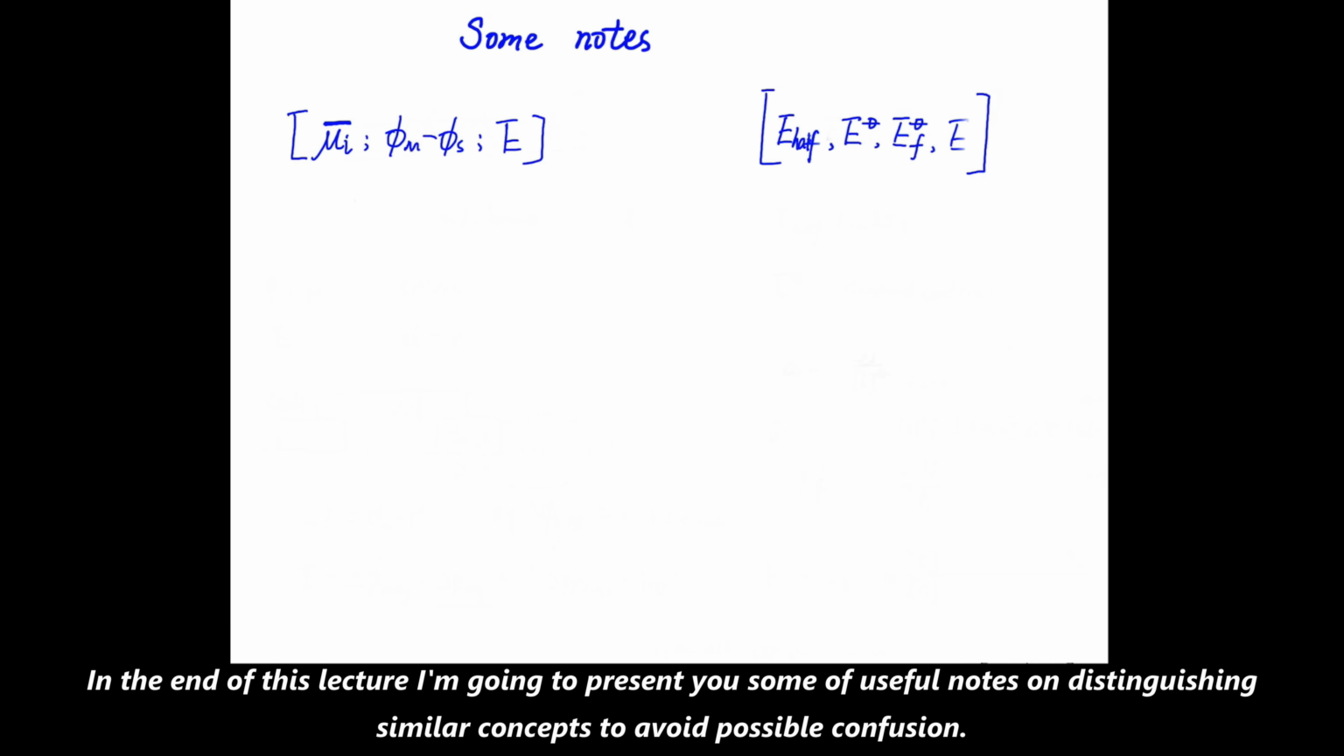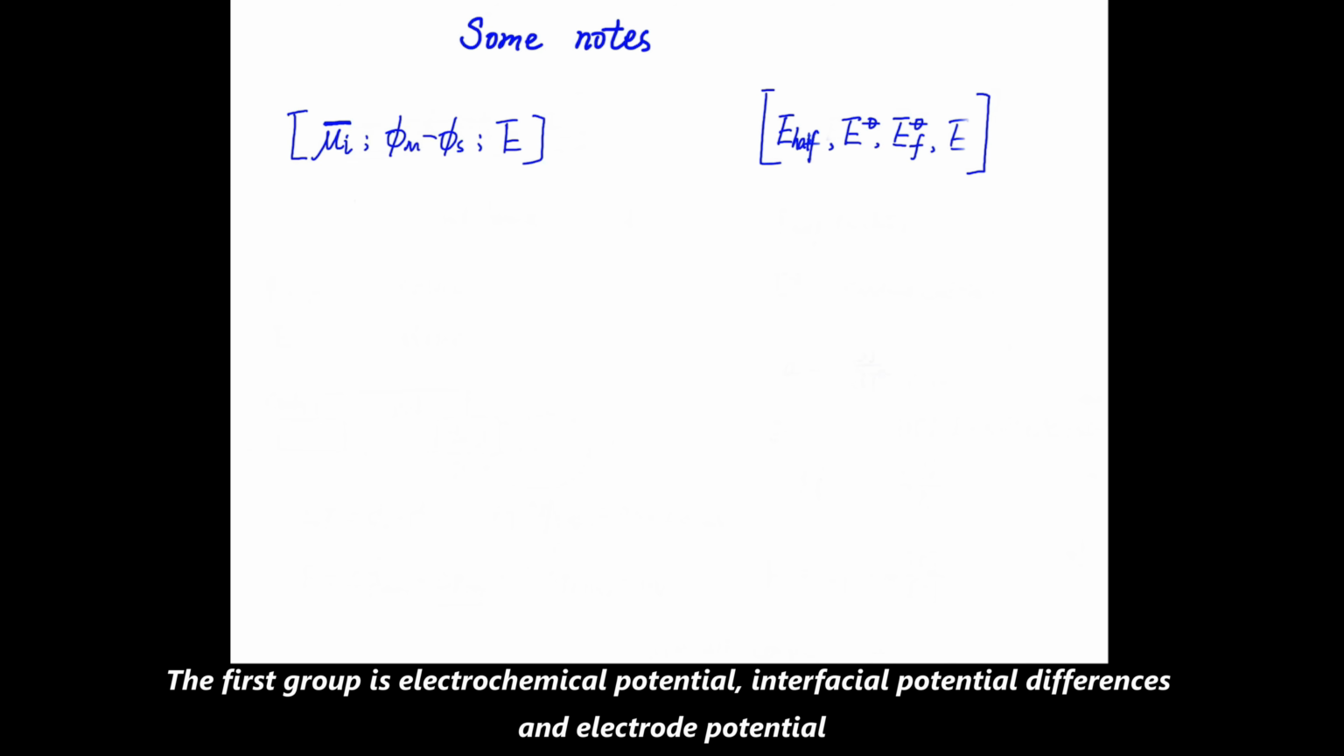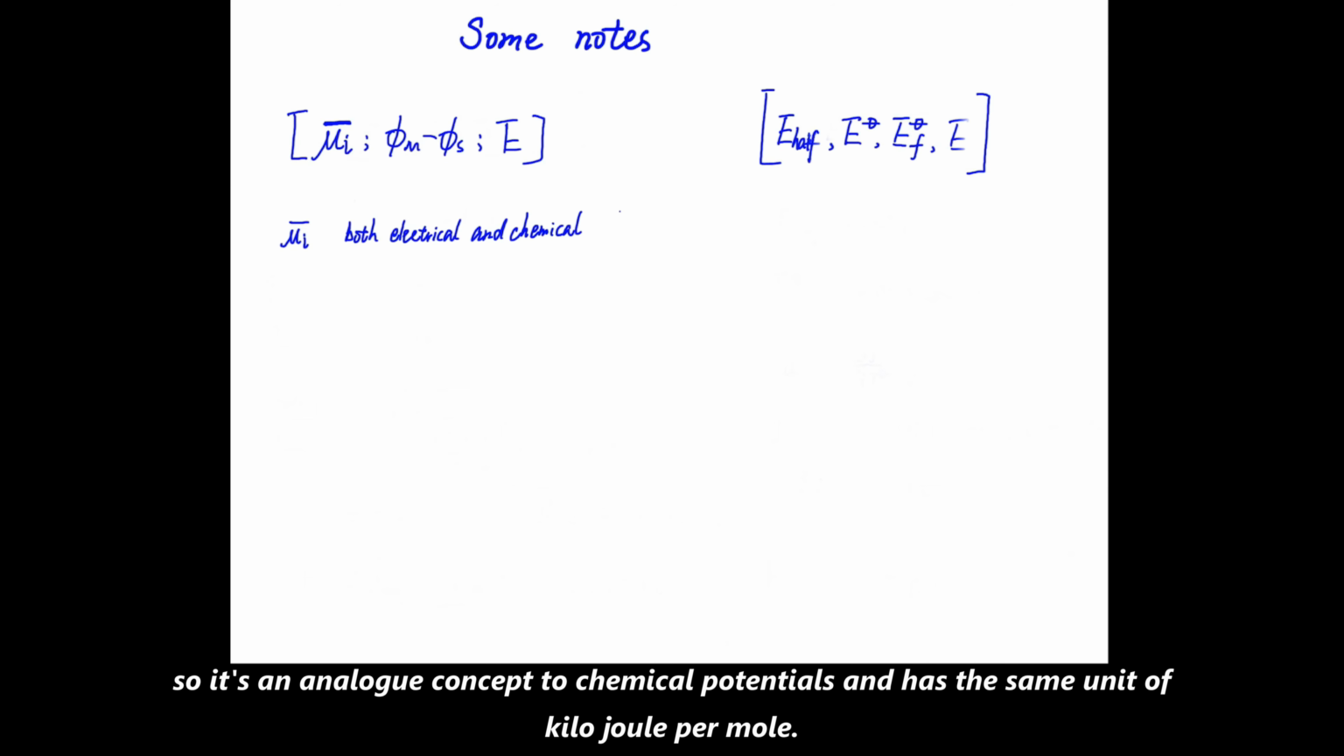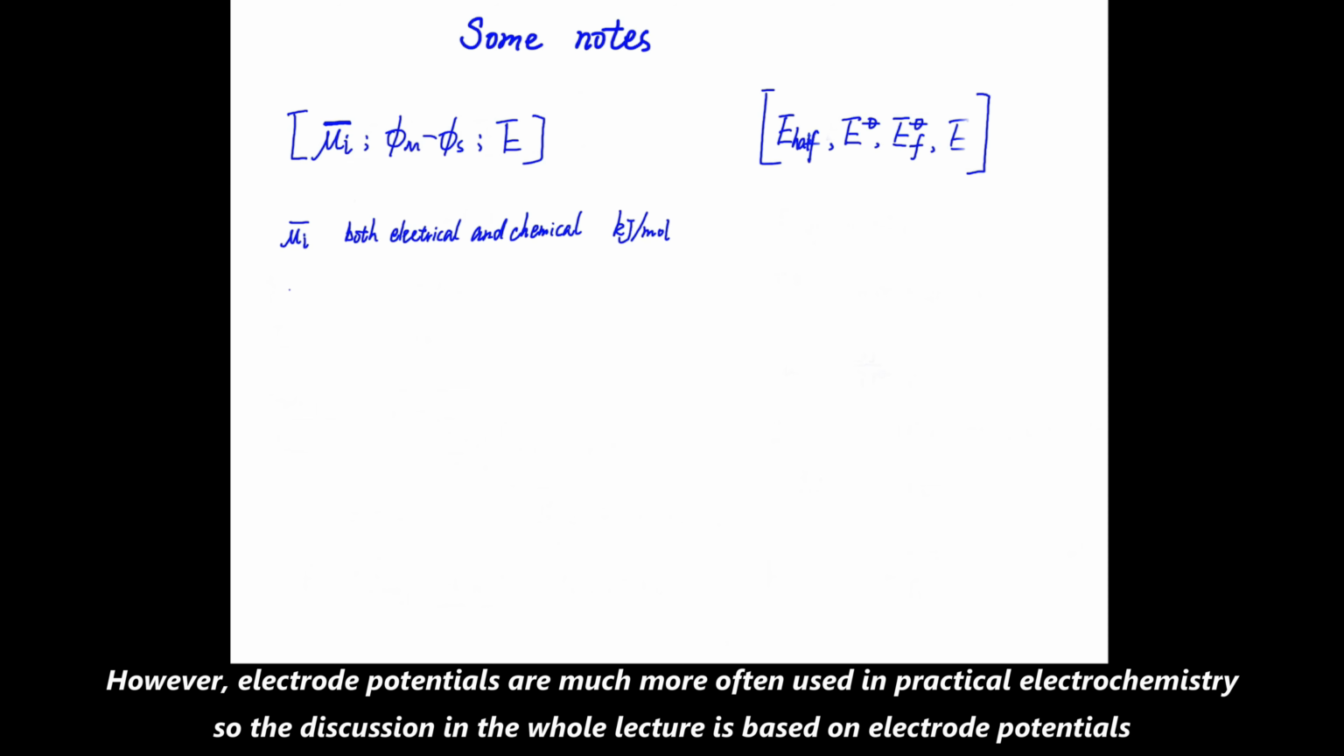At the end of this lecture, I'm going to present some useful notes on distinguishing similar concepts to avoid possible confusion. The first group is electrochemical potential, interfacial potential difference, and electrode potential. Electrochemical potential is used in fundamental electrochemistry to account for both electrical and chemical energies. So it's the analog concept to chemical potential and has the same unit of kilojoule per mole. However, electrode potentials are much more often used in practical electrochemistry, so the discussion in the whole lecture is based